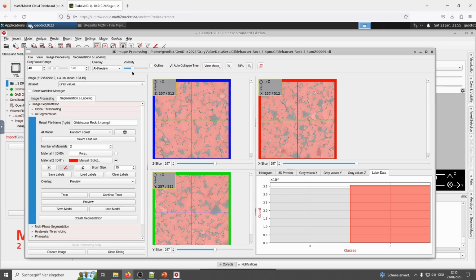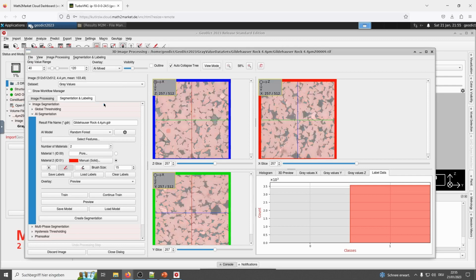Very helpful is mixed mode. AI mixed. At the same time, you can see labels, which are brighter, more intensive red, and AI prediction, which is lighter. So it's label, it's prediction.